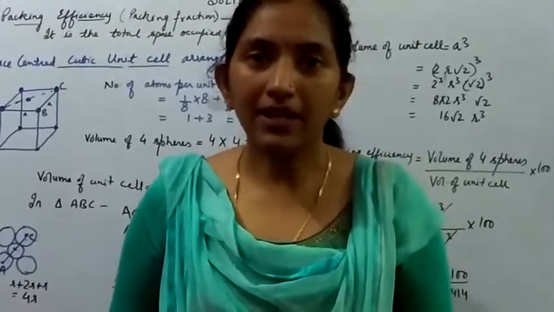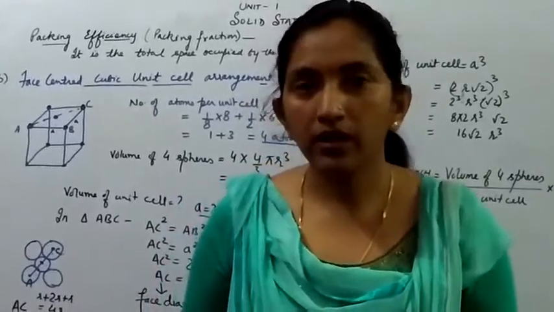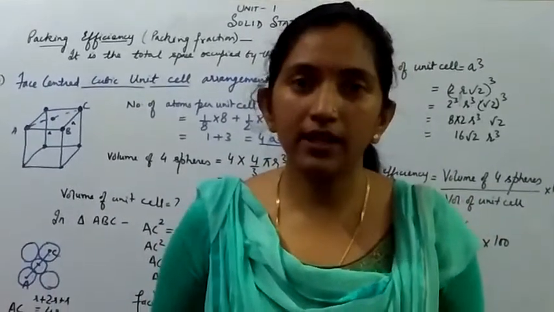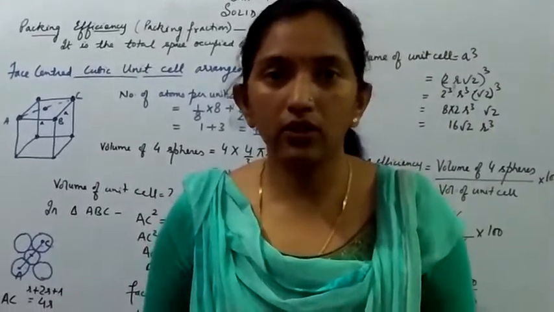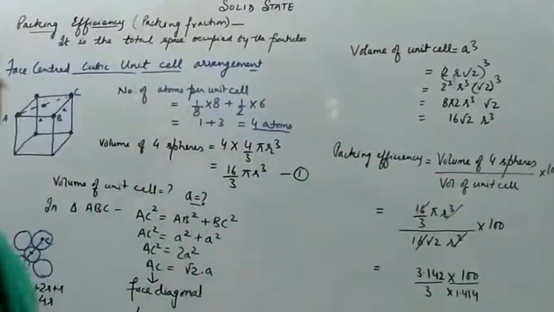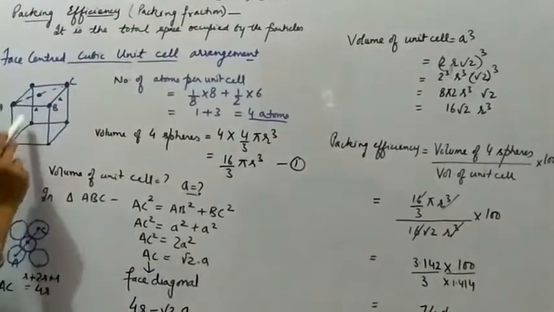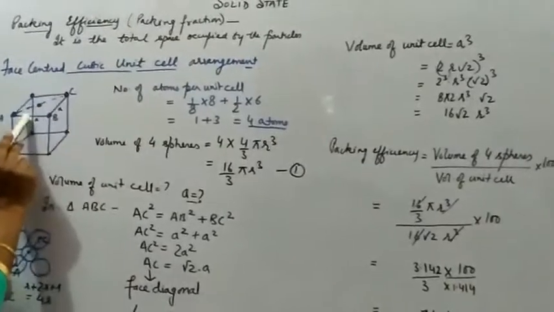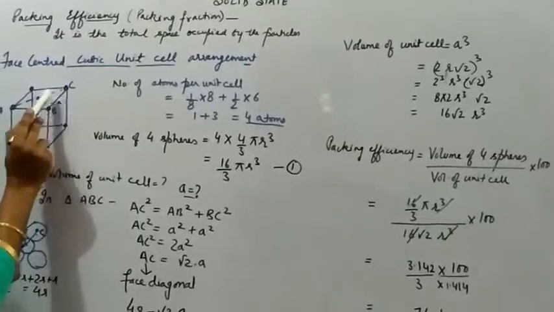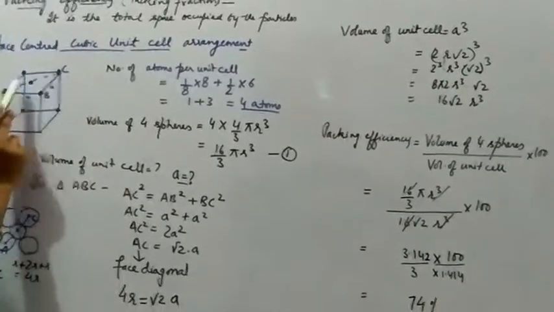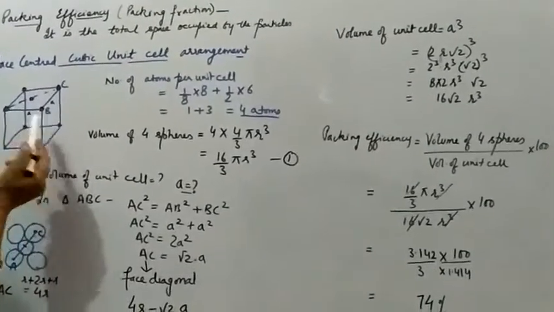See the packing efficiency for the face-centered cubic arrangement, where the constituent particles will be present at the center of the faces of the unit cell along with the 8 corners, right? Now here we have this cubic unit cell and I have taken only one face, where I have shown the constituent particle present at the center of the face. And here let me tell you that AC is the face diagonal and AB is the edge length,